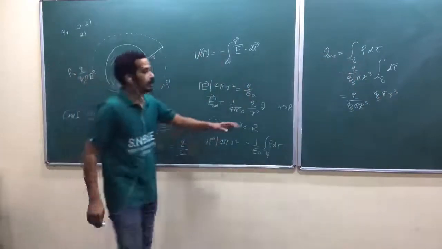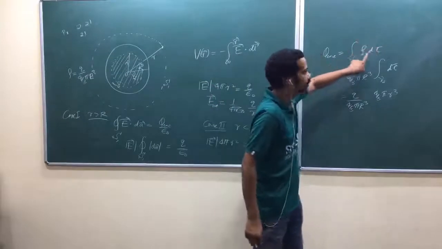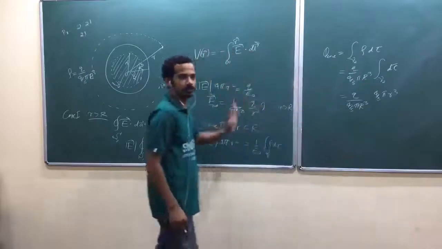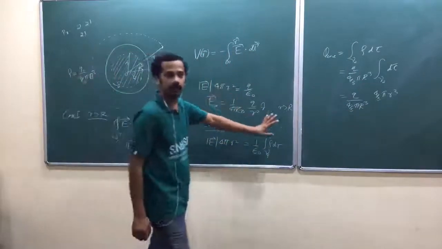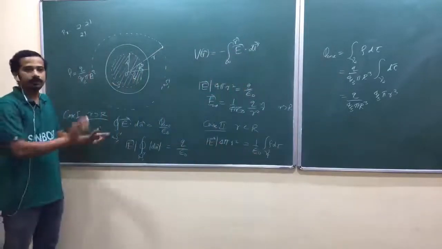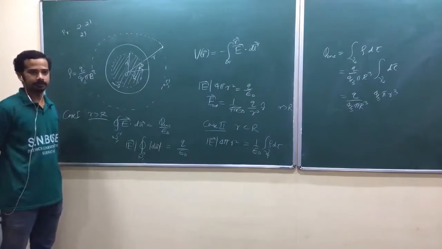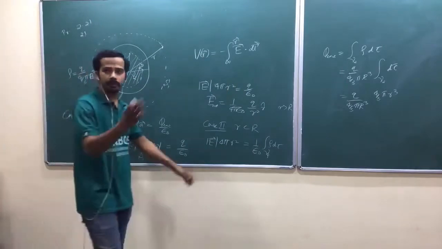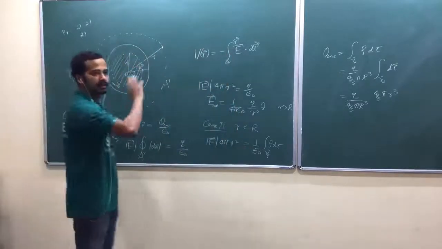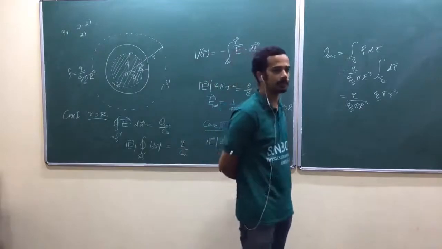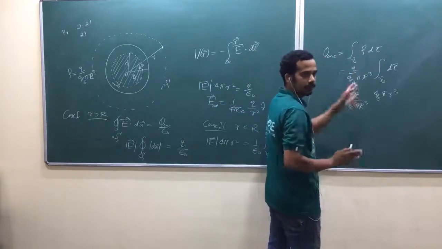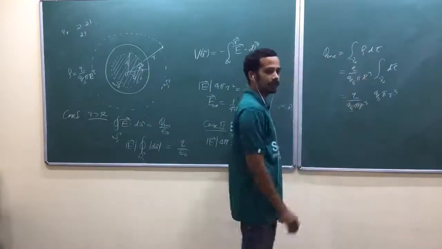But I suggest you write this integral, because if rho is a function of r or something, then you have to do that integral. So you have to take care. Rho will be a function of r only, otherwise we can't use Gauss law. Otherwise, it will not be a spherical symmetry problem. If rho depends on theta, I mean, if charge density is higher on one side and lower on the other side, then that's not a spherical symmetry problem. We can't apply Gauss law. If they give any functionality, it will be a function of r only, radial distance.